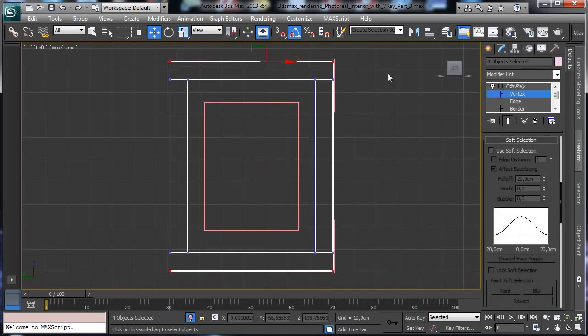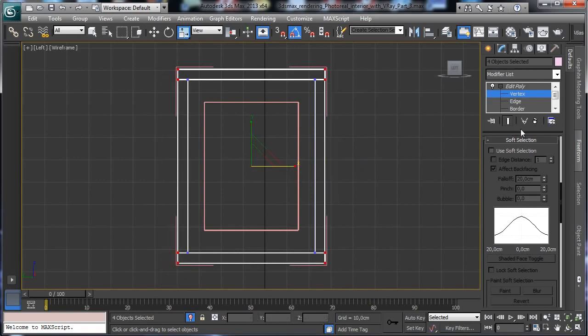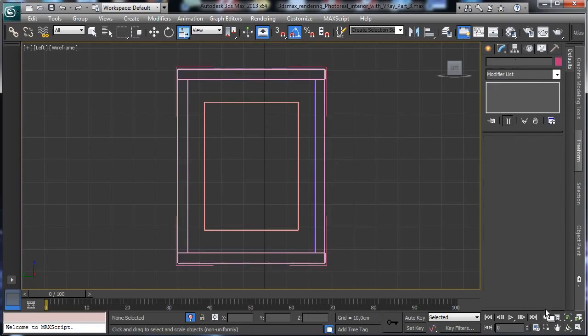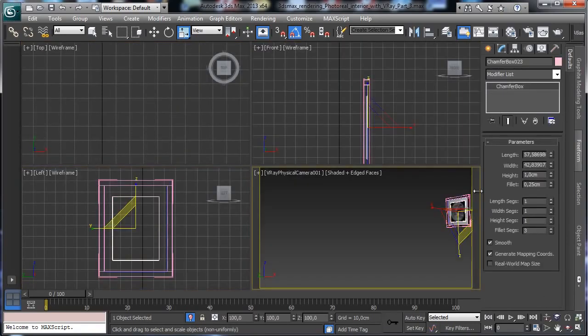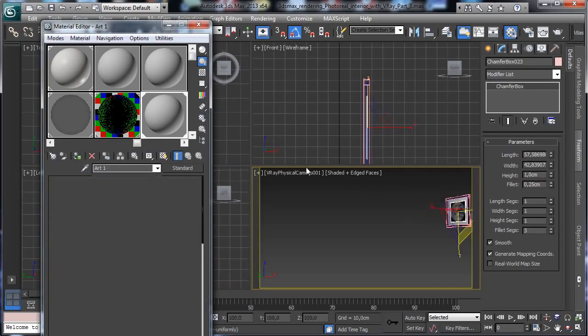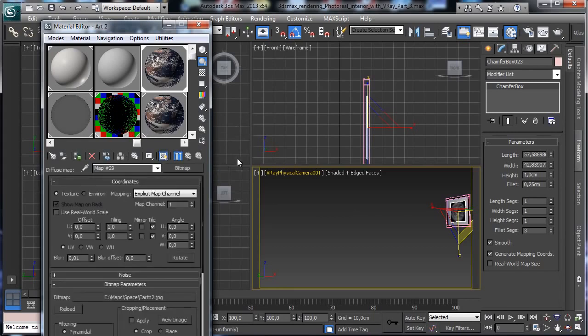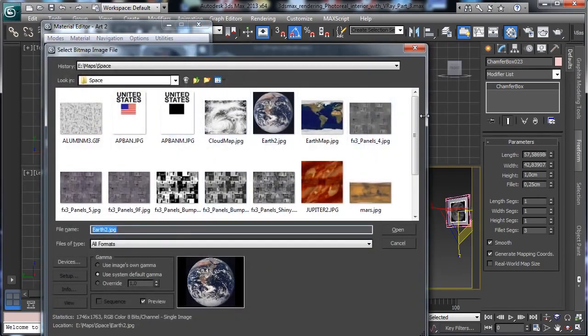And let's say that those vertices will be scaled over the y-axis, and these vertices will be scaled over the other axis. This image will be changed, so we pick this one, let's make a copy, and we call it art number 2. We can assign, and let's choose another